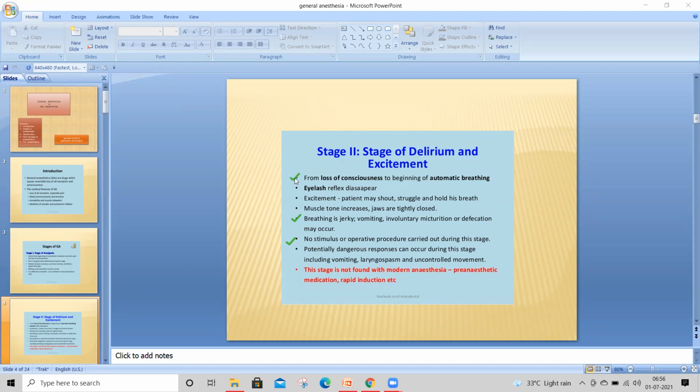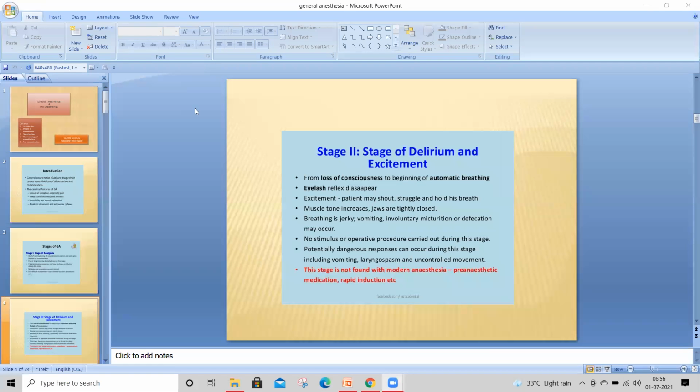And this stage is from loss of consciousness to the beginning of automatic breathing. Okay, and this point you have to remember. Okay, and next